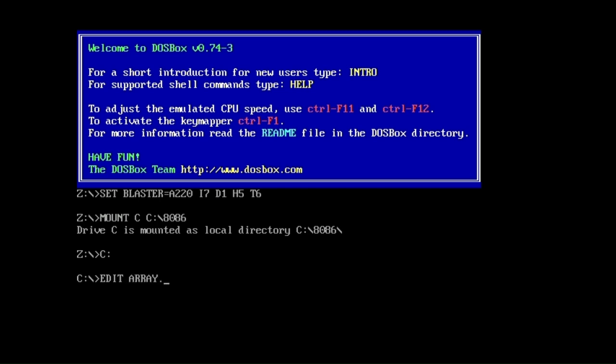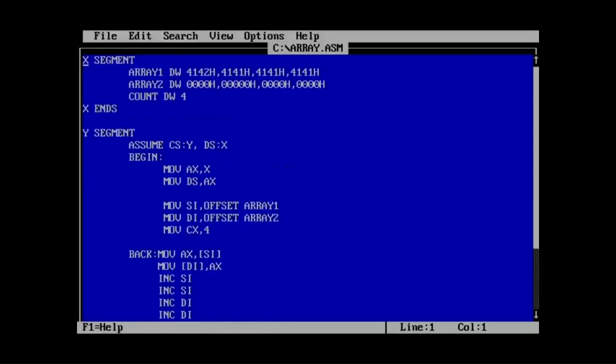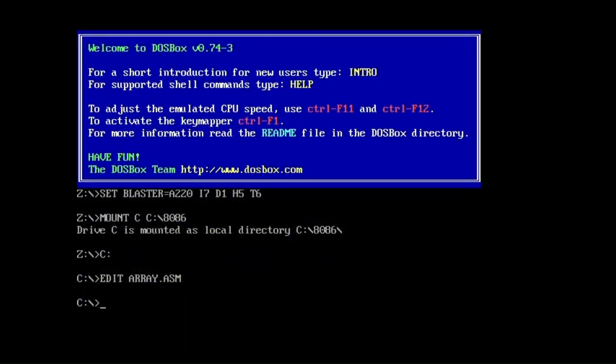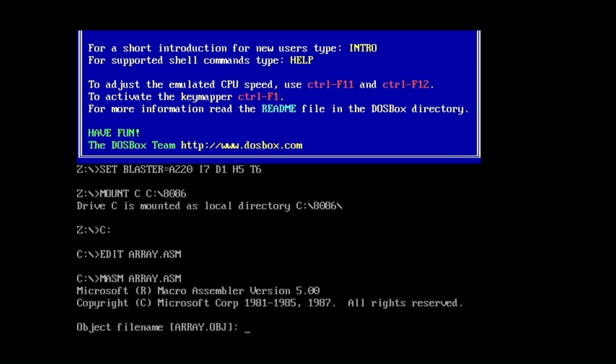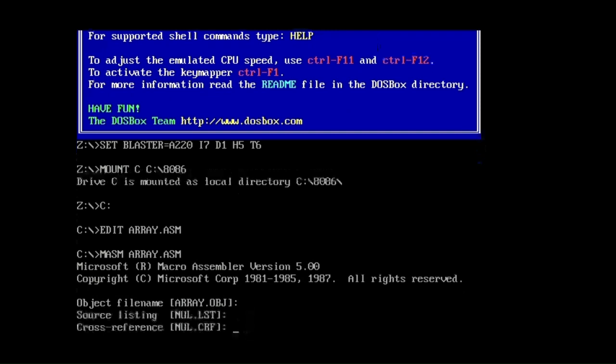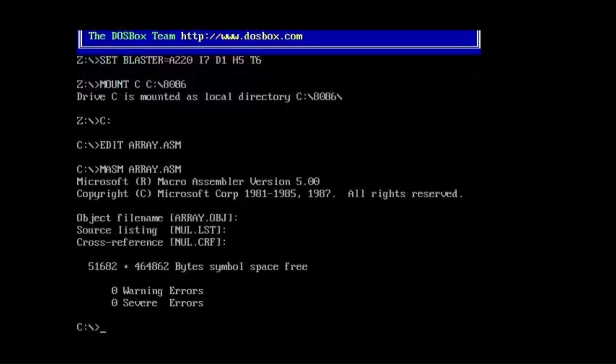Assemble your ASM file using an assembler program such as TASM (Turbo Assembler) or MASM (Microsoft Assembler). You can use the command line interface of your assembler program to assemble your code, and it will produce an object